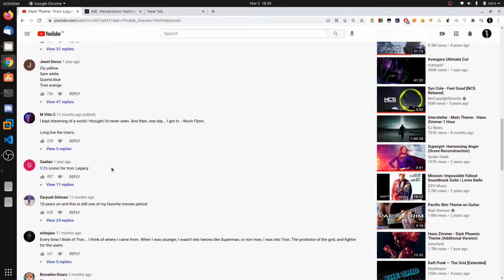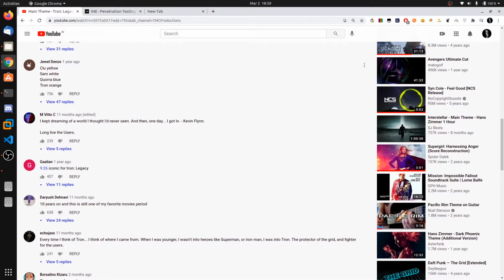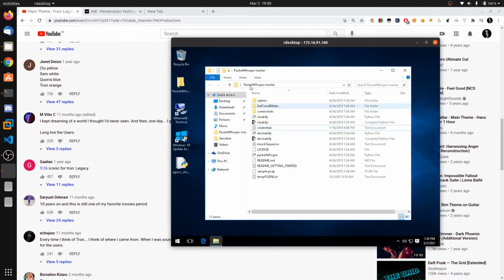Suppose there is a port 100 and that is being blocked by my firewall, so I cannot connect to any other website on that port. This website may have some firewall rules, and even my firewall cannot connect to port 100. So in that case we need to check the egress ports on the victim machine that we have just exploited. In the previous video we saw Packet Whisper, but I did not show you how to check the egress ports.